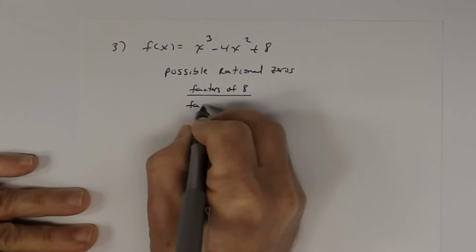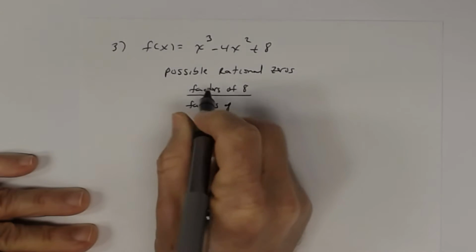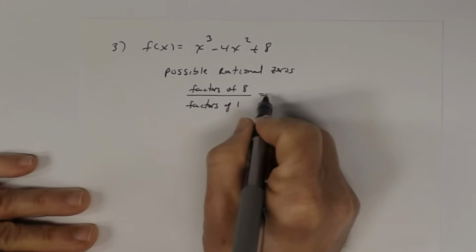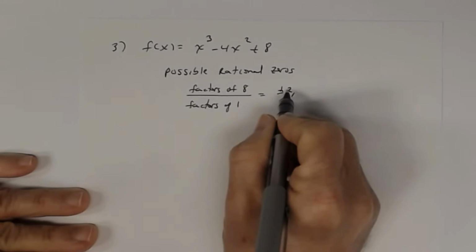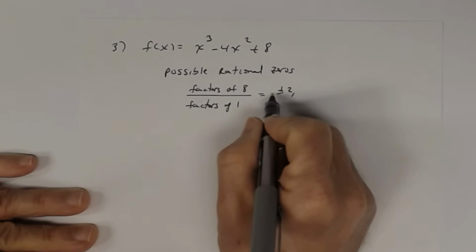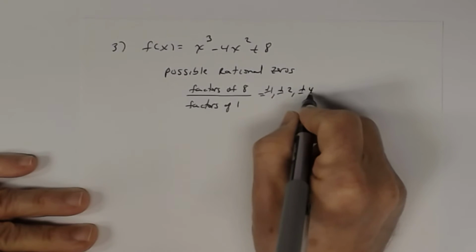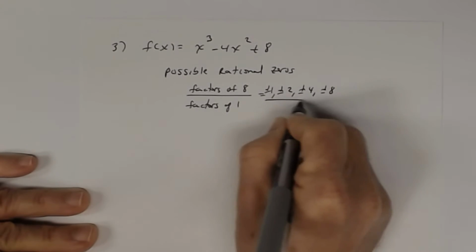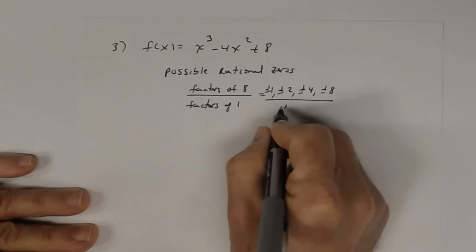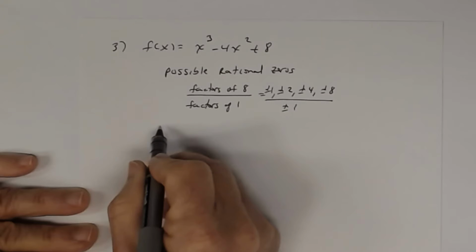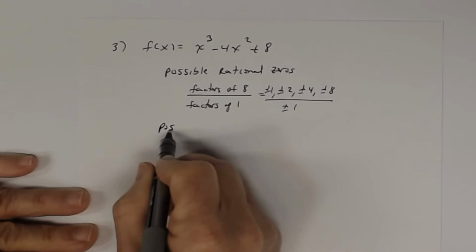And then the factors of the leading coefficient, which is 1. Let's do 1 first: plus or minus 1, plus or minus 2, plus or minus 4, plus or minus 8. And the denominator, the only factors of 1 are plus or minus 1. And so when we rewrite this in a better way, the possible rational zeros